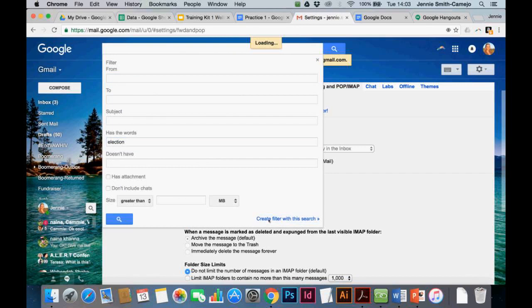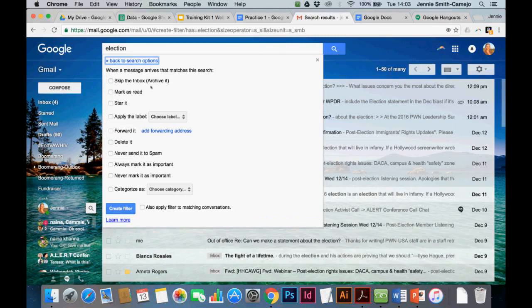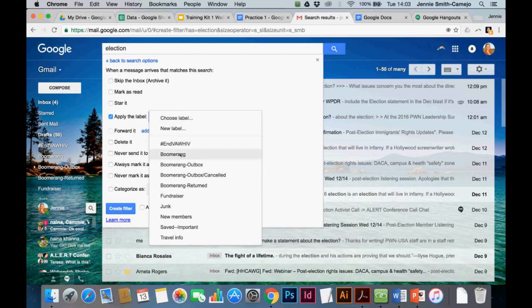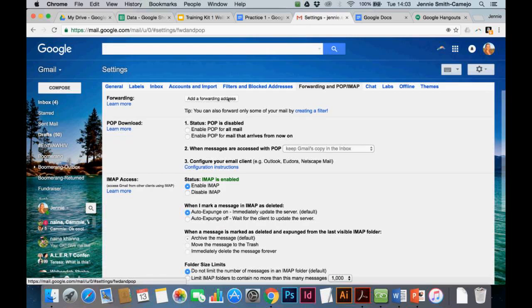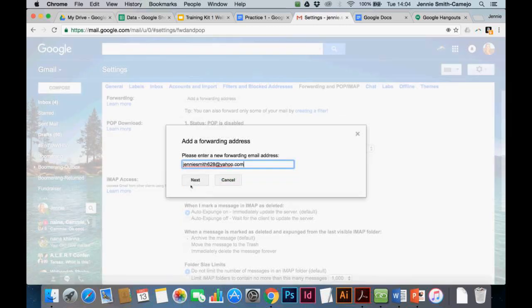Okay, and then when a message arrives that matches the search, I can either have it just go into archives, I can have it go into my email but apply this label, so put it in a folder basically. I can have it forwarded if I have a forwarding address. Okay, so I would have to go back and put, okay, I'm going to do this, have it forwarded,